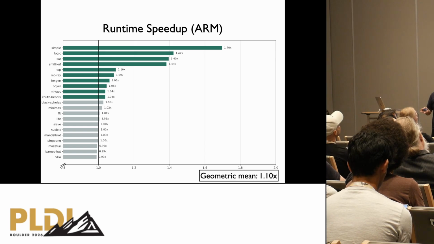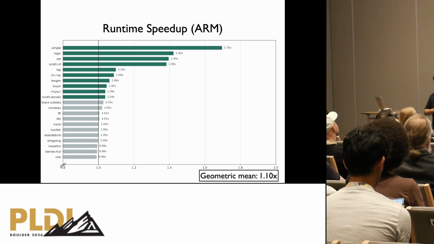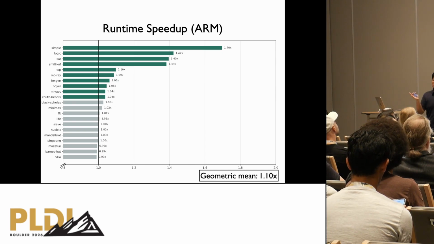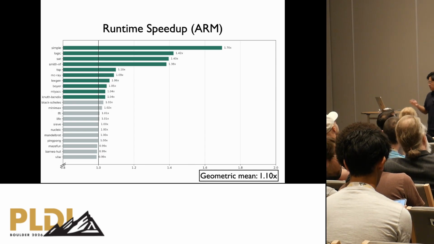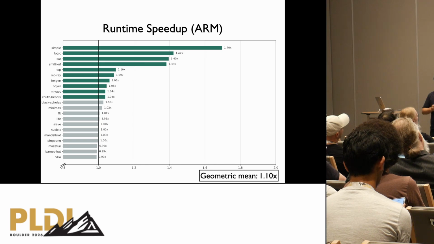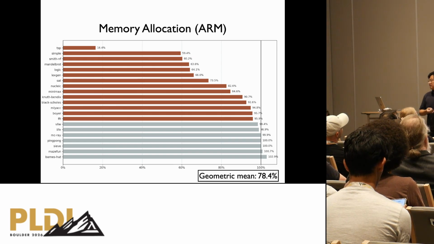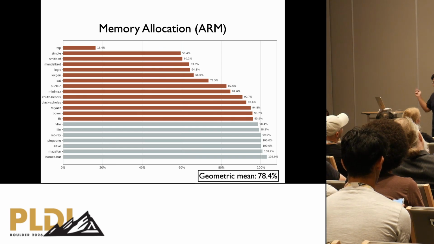With our method, we achieve about a 10% speedup, the geometric mean across our benchmark suite. In the most extreme cases, we can actually speed up programs by 1.7x, which drops the runtime from 10 seconds to roughly 5.8 seconds. And similarly, we can achieve tremendous allocation savings. In some cases, we're only allocating 16% of the original program, which in our opinion is pretty